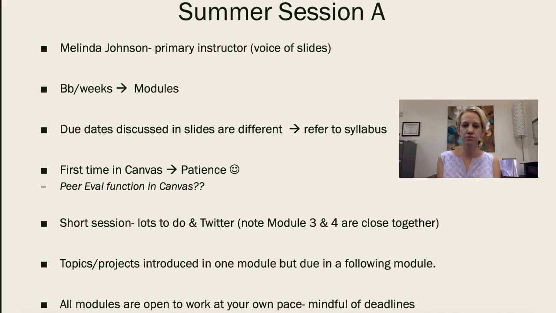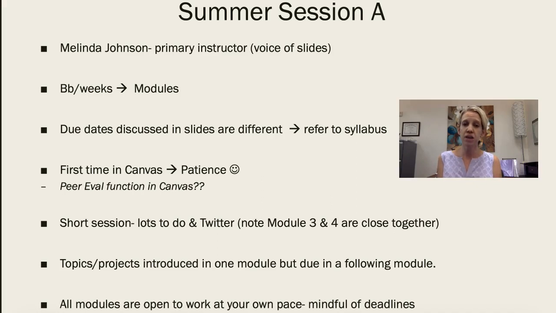I do want to say that all the modules have been open for this course. Sometimes in summer sessions they'll cap it or close the modules, so you'll be piecemealed as you go along throughout the weeks. Because there's so much information, and I know everybody has different tight schedules over the summer, I have opened everything up for you to utilize and view, which means you can work ahead if you choose to do so.